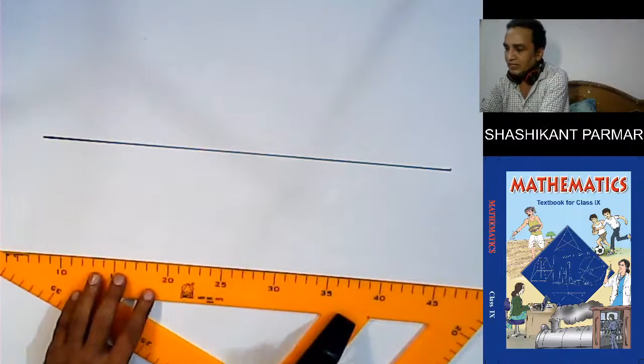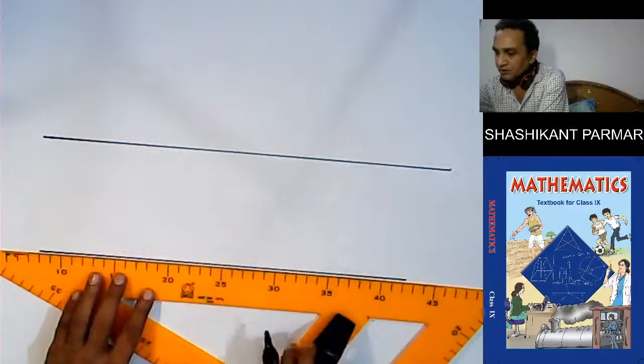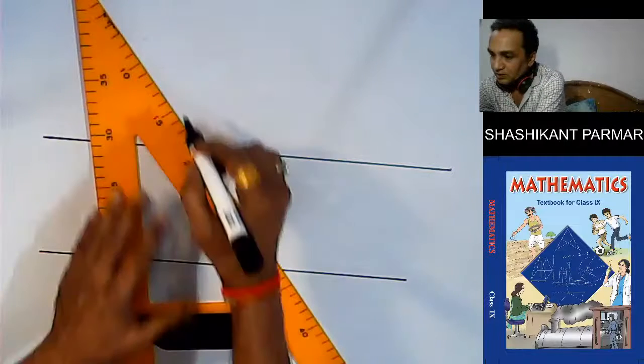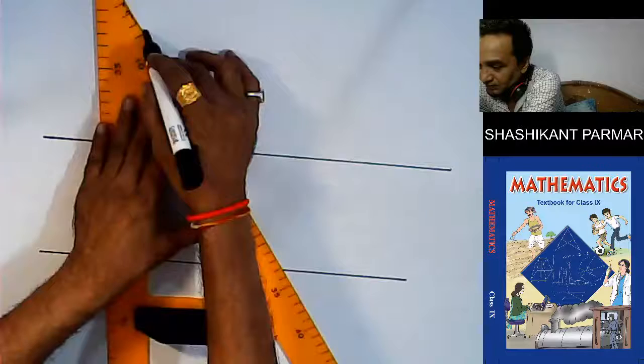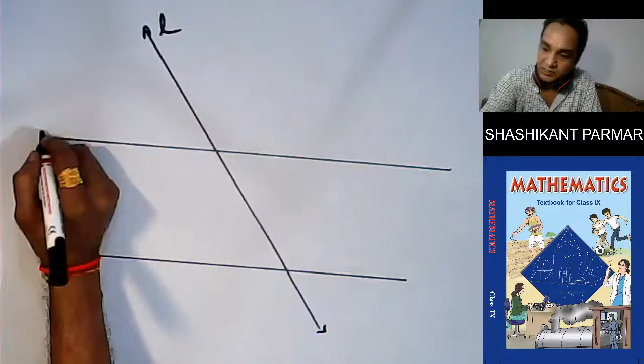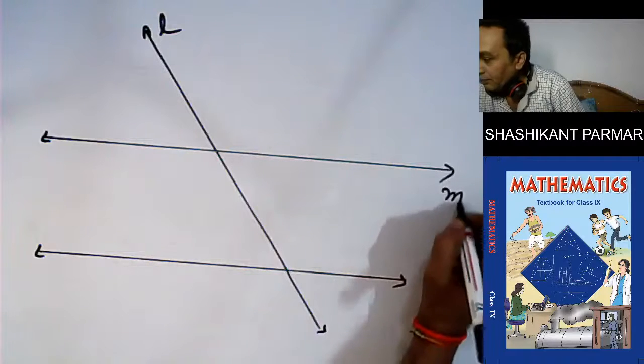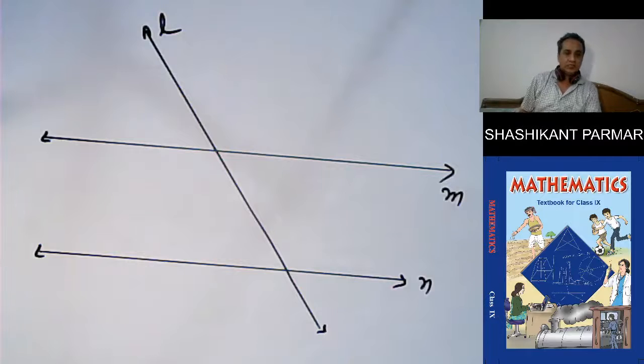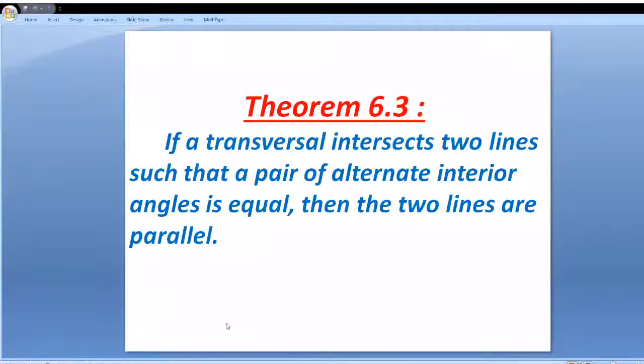These two lines L and M, this is transversal, L is transversal of these two lines M and N. So what says theorem number 6.3, if a transversal intersect two lines such that pair of alternate interior angles,